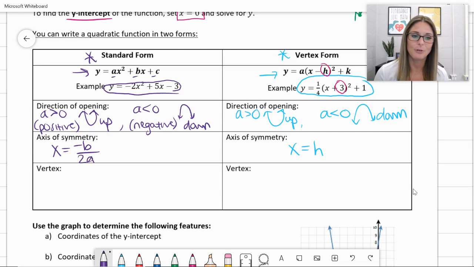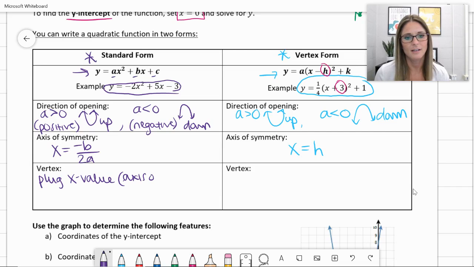Vertex. So go back to standard form, vertex. How would I determine the vertex from standard form? Well, you're going to use your axis of symmetry value, because remember I mentioned the axis of symmetry is also where your vertex is going to fall. Your axis of symmetry is in the center. Your vertex also falls at that turning point of your parabola, so it has to be in the center along that axis of symmetry. So you're going to take that x coordinate from your axis of symmetry and plug the x value, the axis of symmetry,